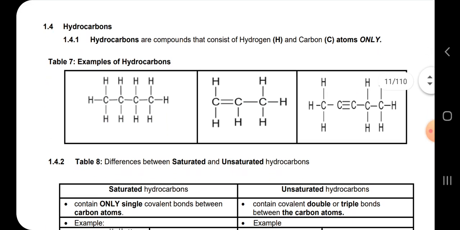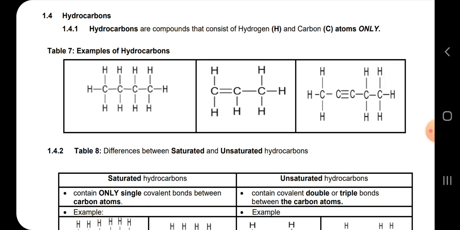Another thing, those are examples, you can do them, and you need to know hydrocarbons. When you're talking about hydrocarbons, we are talking about molecules that have hydrogen and carbon atoms only. Those are hydrocarbons. So the first three are alkane, alkene,